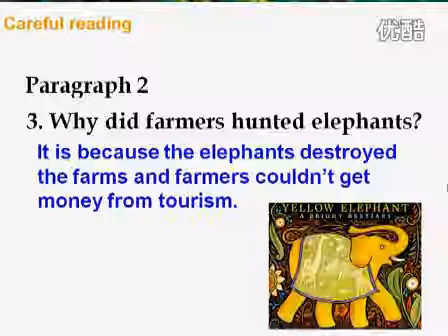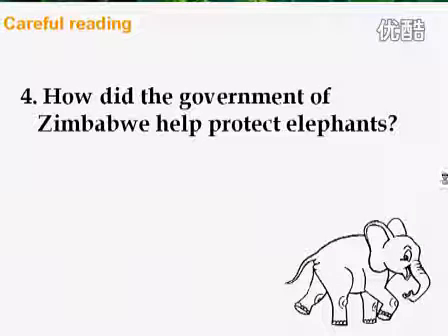Let's move to number 4. Question 4. How did the government of Zimbabwe help protect elephants? 好，既然农民在捕杀这个大象，那么政府肯定会做出一些举动来帮助保护大象。那么津巴布韦的这政府又是如何做的呢？有没有找到？